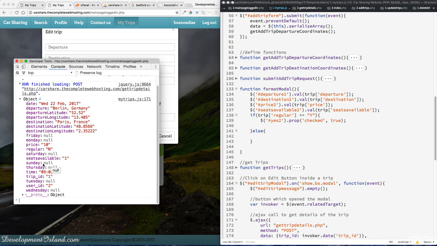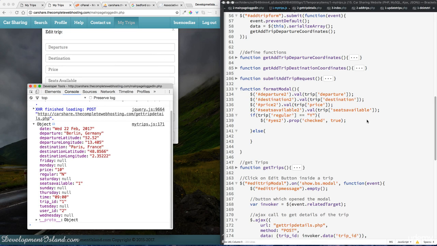If we look there, we've got Monday and it's null, so we don't have anything inside. To check that, we're going to say if the element of key Monday is equal to 1,